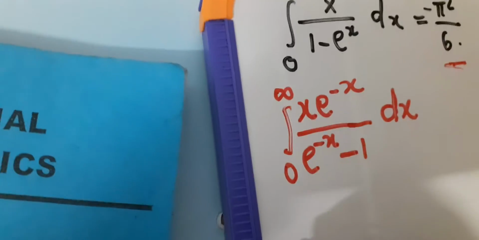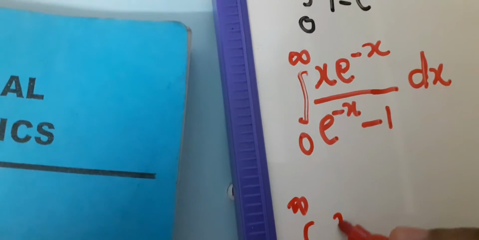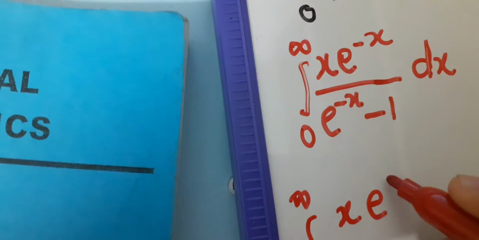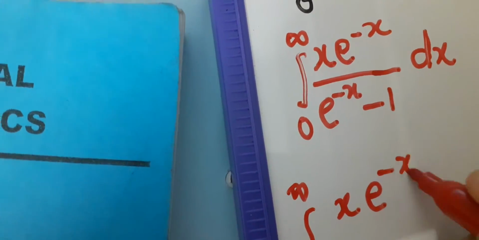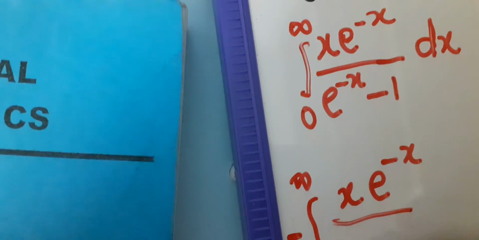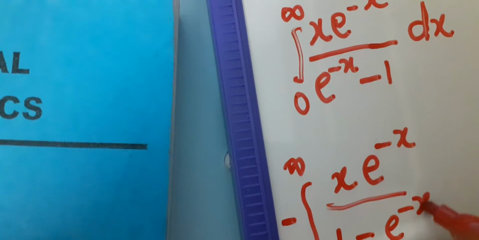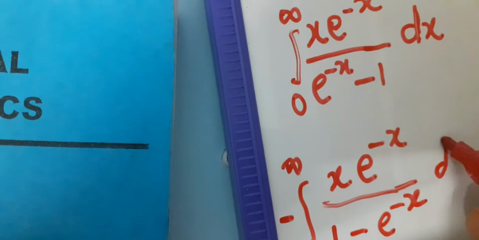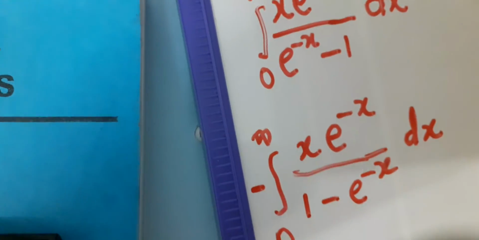We're going to have this integral from 0 to infinity of x e to the minus x, then we have the minus that we needed, all over 1 minus e to the minus x dx, and then this is that, so we write it in that form, which is minus